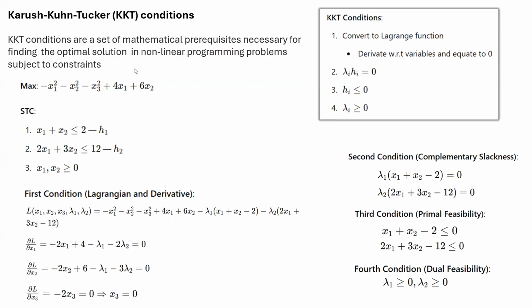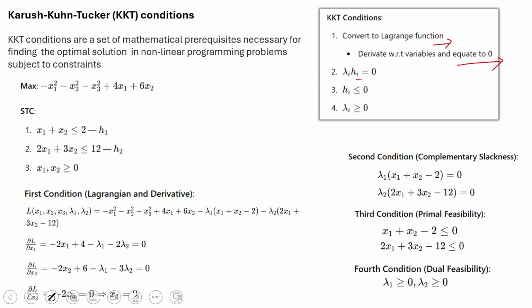So what the KKT condition says is to convert to the Lagrangian function, derive with respect to the variables, and equate to 0. That is what we have been doing, right? We converted to the Lagrangian function. For the constraints, we introduced Lagrangian multipliers, and we then took derivatives with respect to each variable and equated them to 0. And the second condition that it is saying is